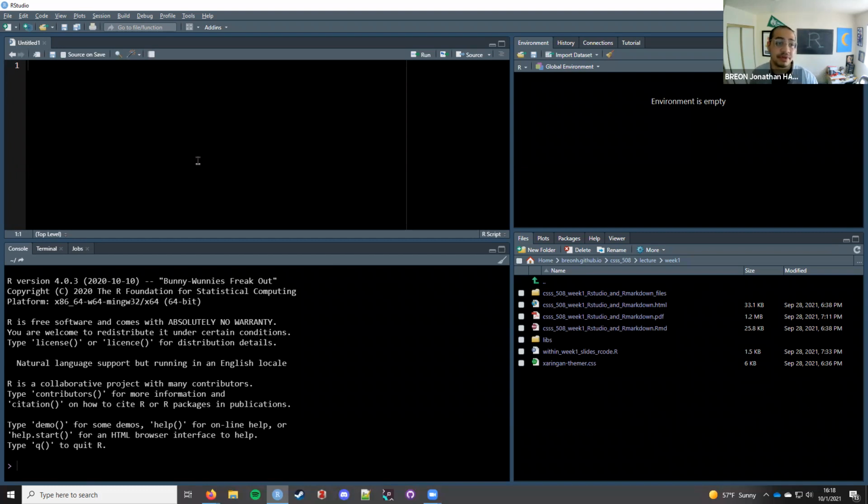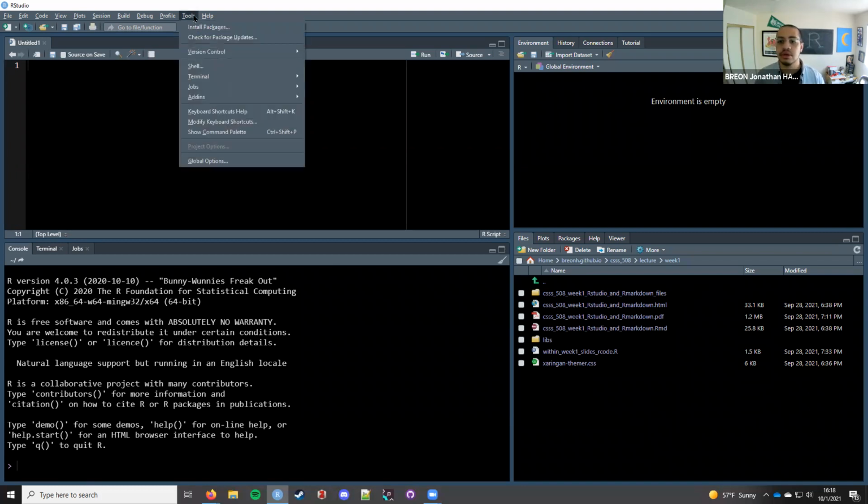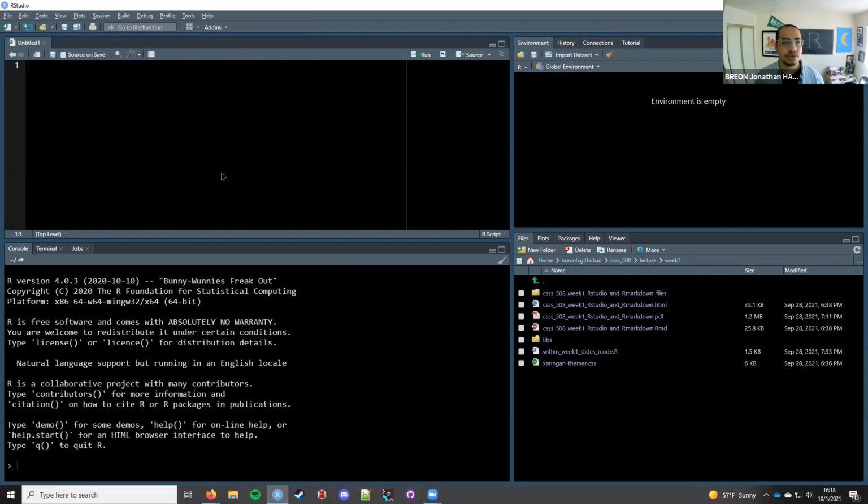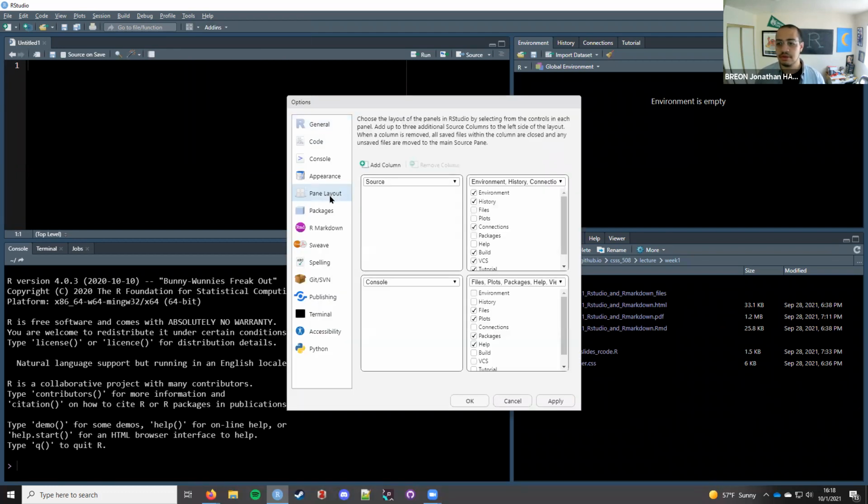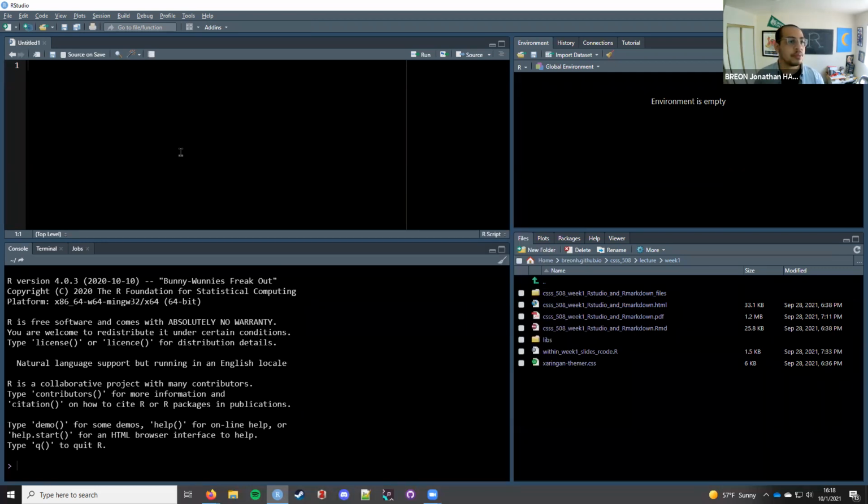You can change the layout and preferences, pane layout. I'll show you where that is right now. So we go to Global Options, Pane Layout is one such way. And you can see you can change it here by using these little drop-downs. Great. I personally am not a fan of the default layout and always change my panes. But for the purposes of our learning, I will grit my teeth and use the default layout.